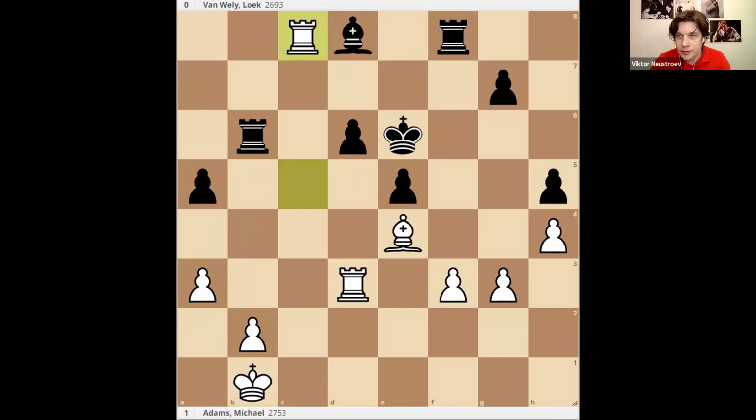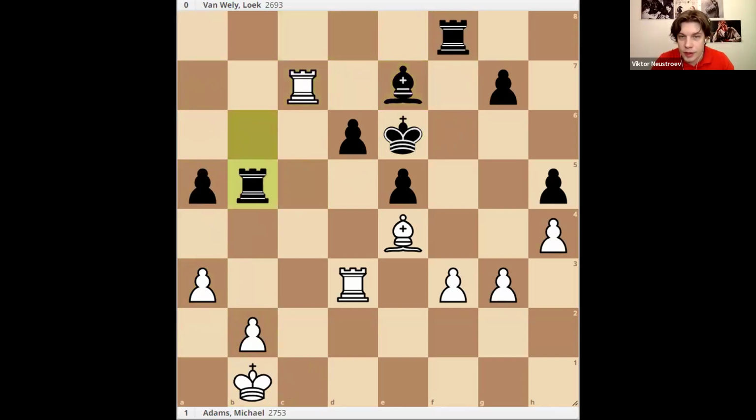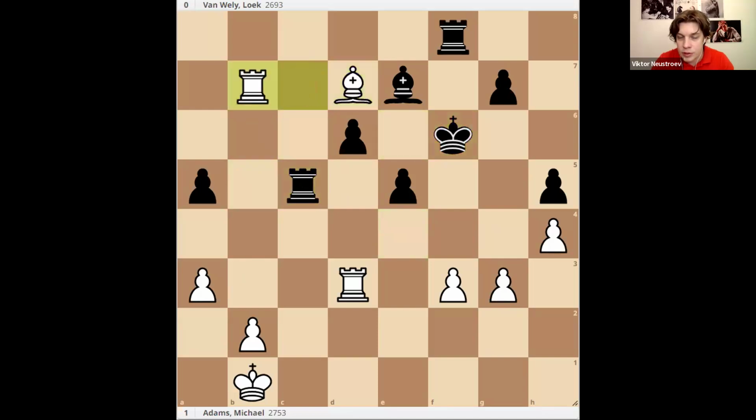So for example, I'll show you what happened in the game. This move, then rook c7, rook b5, trying to save the pawn and control the d5 square, but bishop c6. And this is where they made a mistake. So instead of playing rook b6, which was played in the game, they'd better play rook to c5. Then bishop d7, the king moves away, rook to b7.